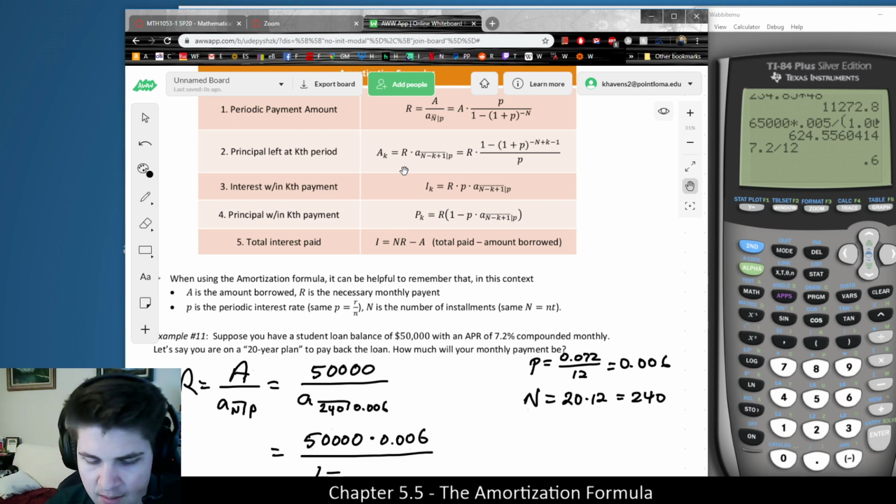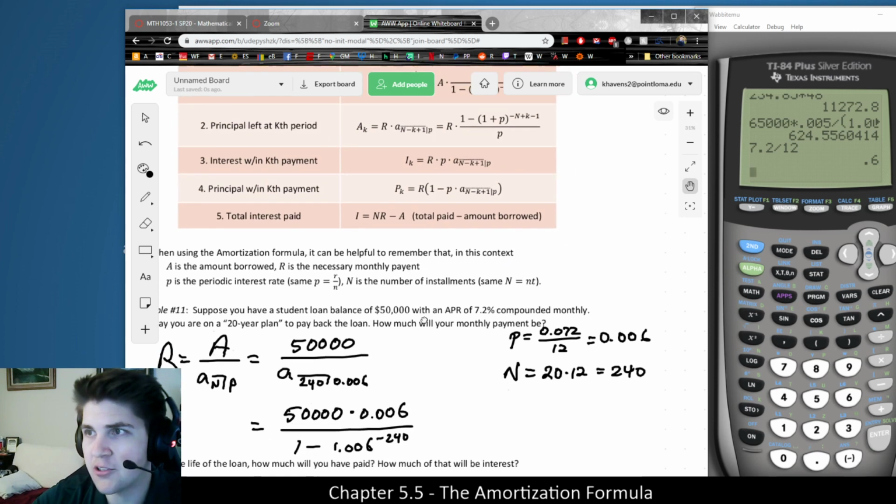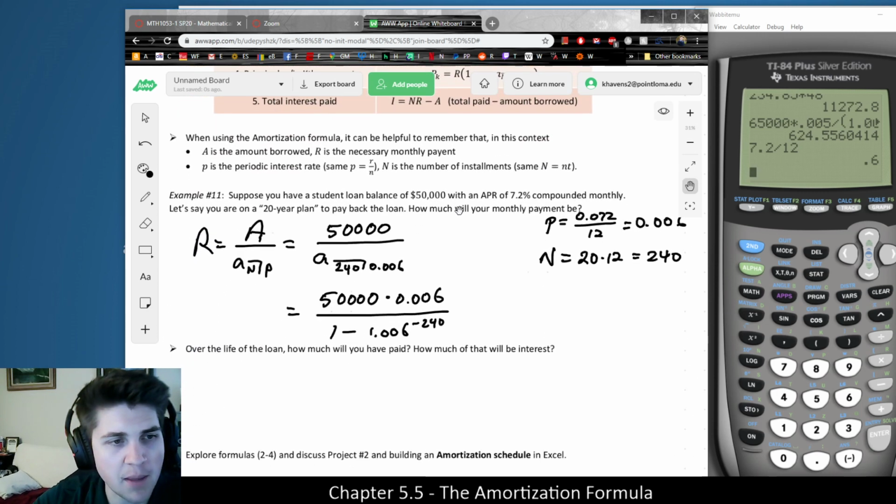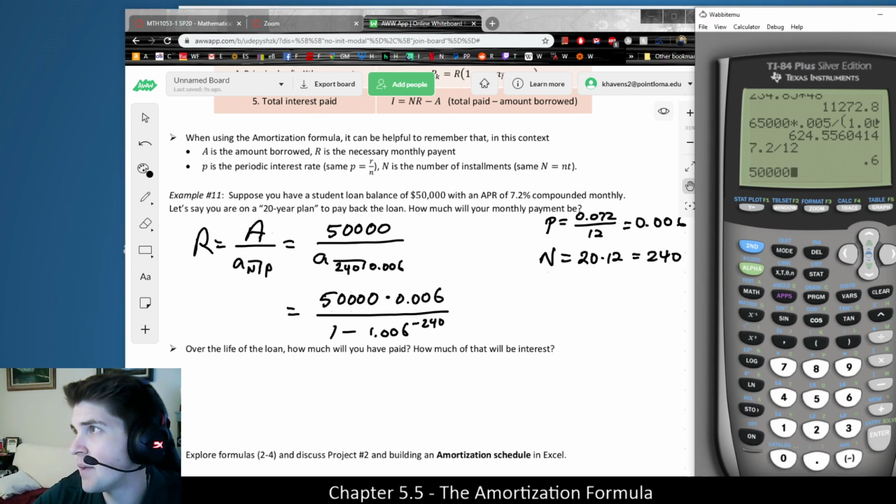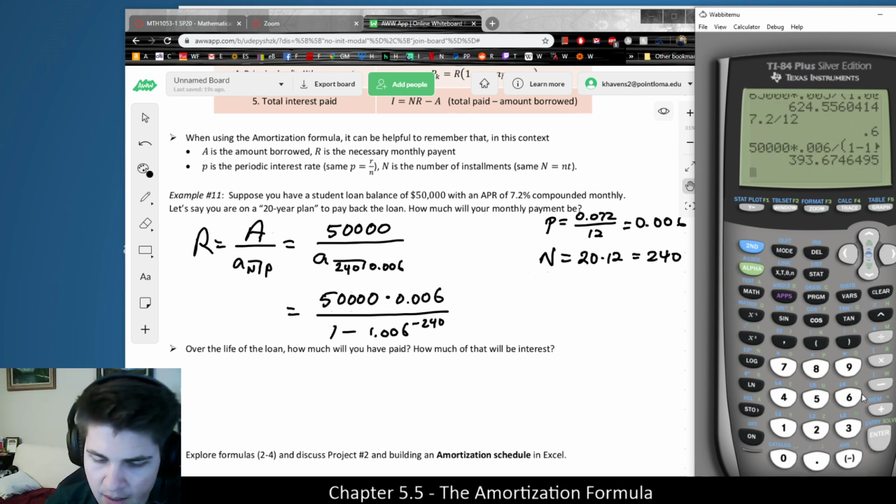1 minus 1 plus P to the N. 1 minus 1.006 to the minus 240 power. And that calculation should give me the correct monthly payment in order to properly pay off the loan on time. So 50,000 times 0.006 divided by 1 minus 1.006 to the negative 240 power, which amounts to be